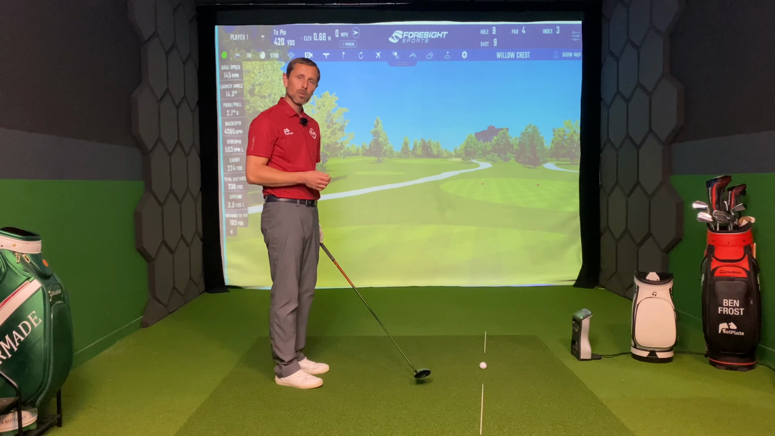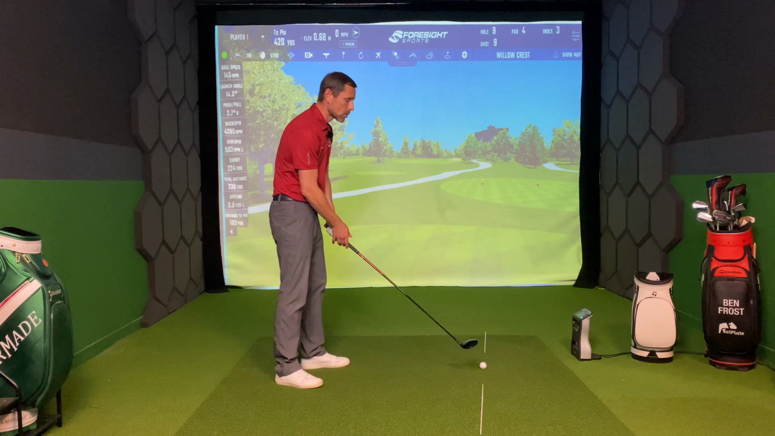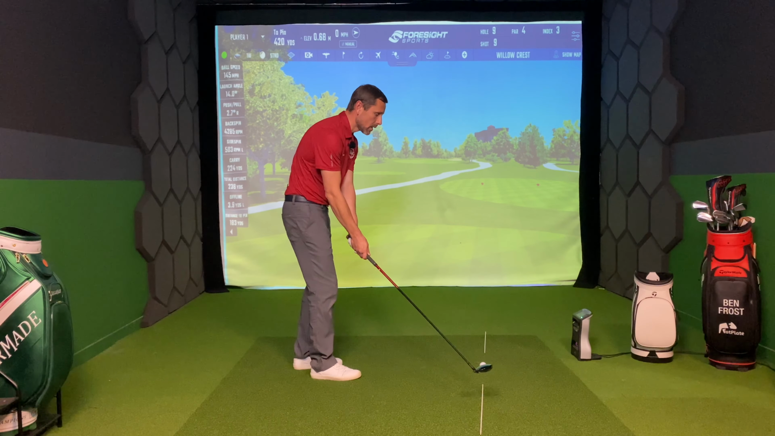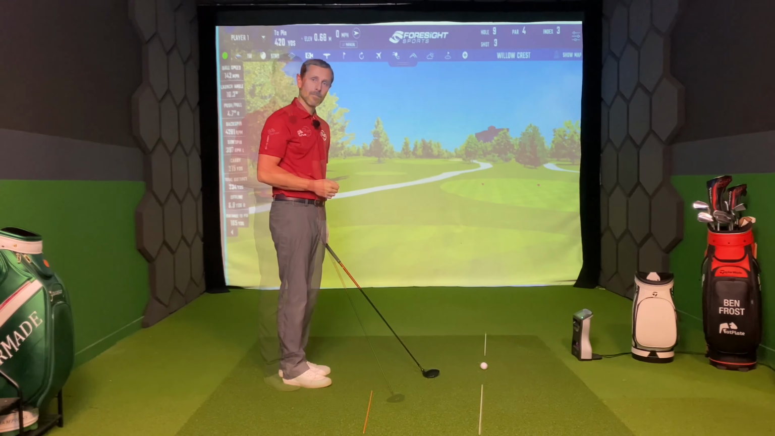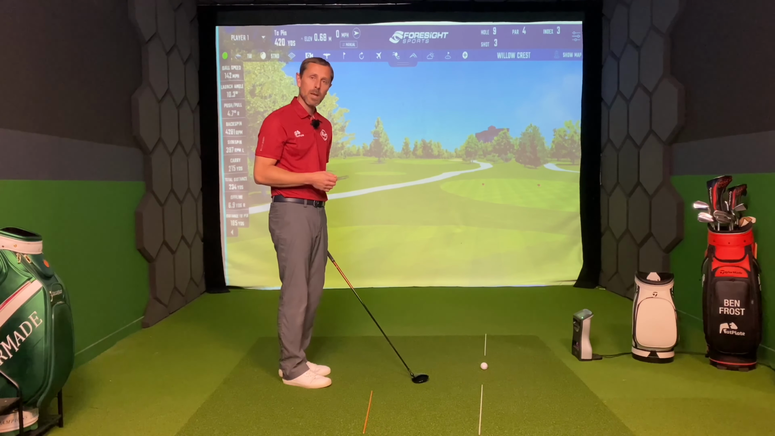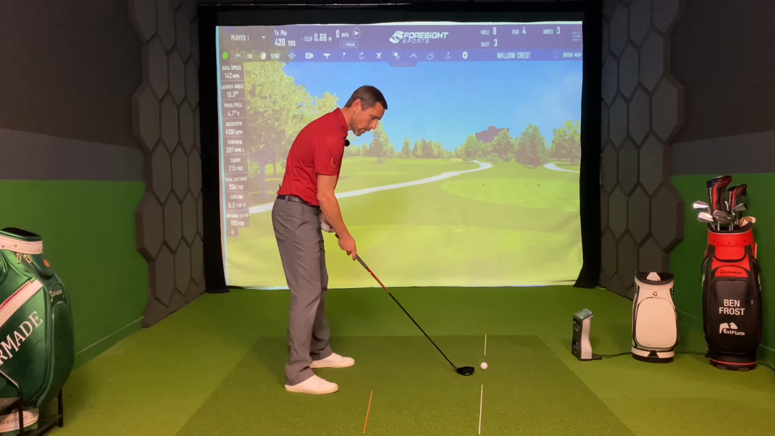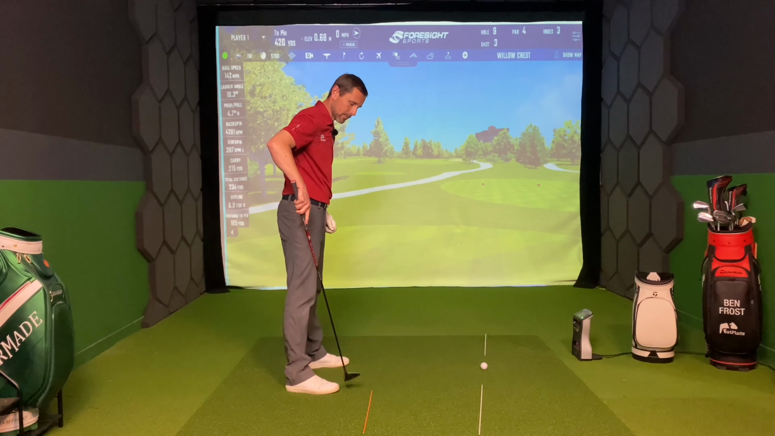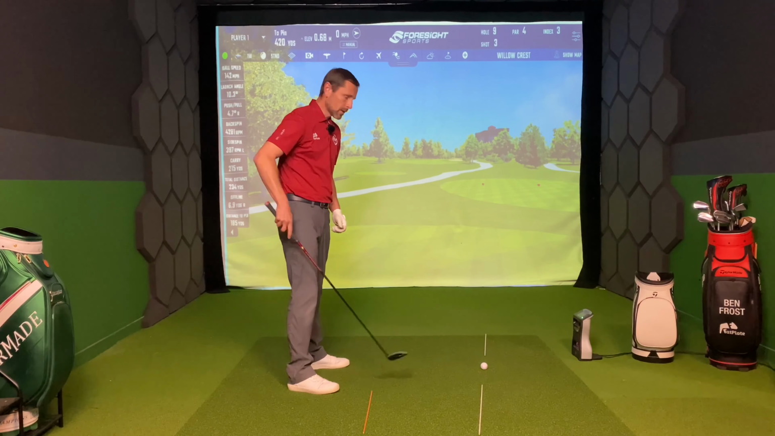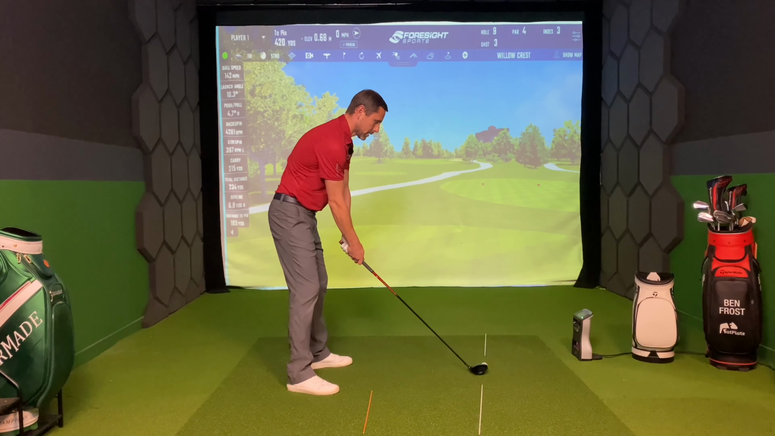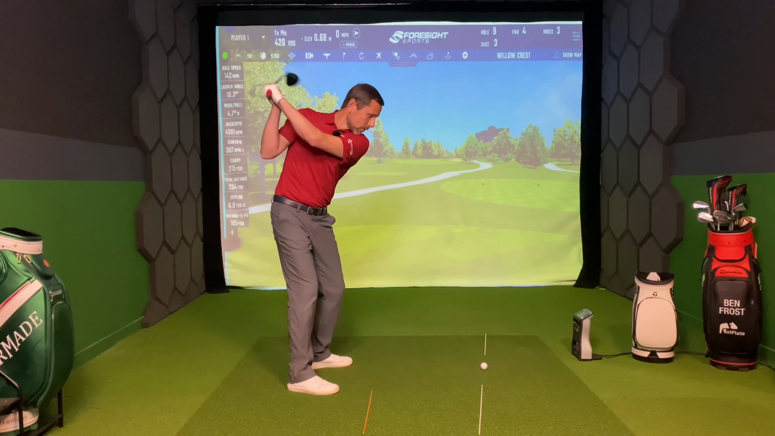So to change your pull to a slight fade, we need to make sure the out to in swing path is only very slight, and we need to make sure you have a slightly open face as well. So to start with, we're going to look at the swing path. We've got a stick here on the ground that's lined out just outside my toes and is parallel to my target line. Now, using this as a reference, what we'd like to notice is on the way down, the more